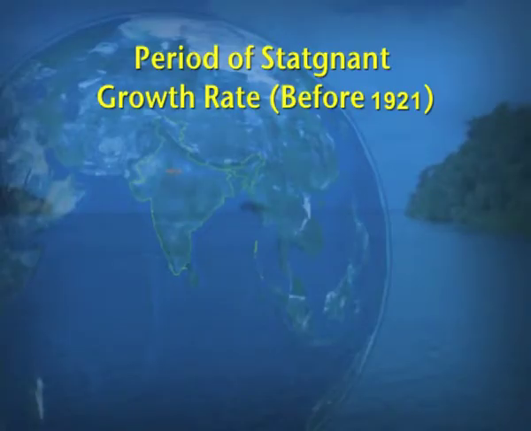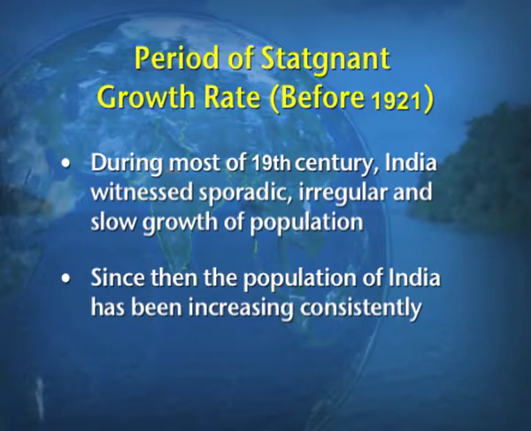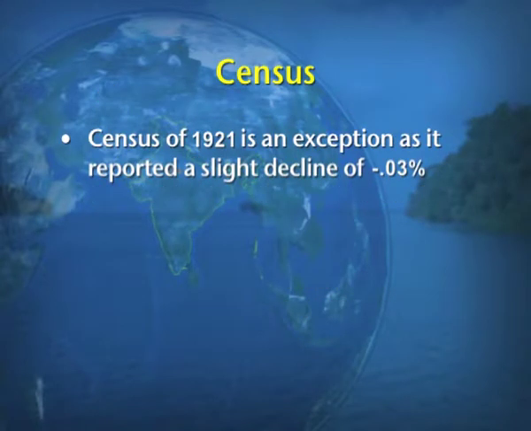Now, first we take up the period of stagnant growth rate. As I have told you, this is the period before 1921. During most of the 19th century, India witnessed irregular and slow growth of population. Since then, the population of India had been increasing consistently. The census of 1921 is an exception, as it reported a slight decline in the population, and that decline is minus